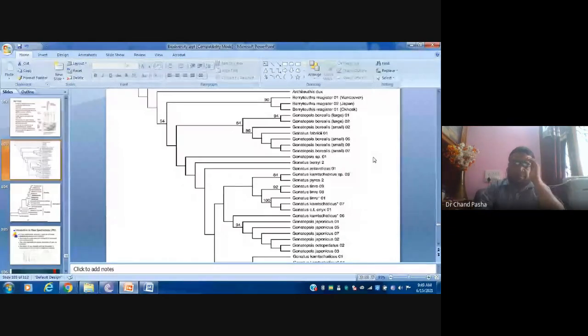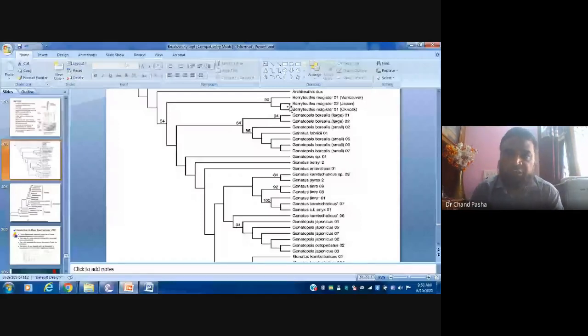See here, these are 100% similar. And this particular bacteria has a lot of divergence when you compare it with this bacteria; there is 54% similarity. And these two have 90% similarity. So the more the similarity, the more closely associated they are.